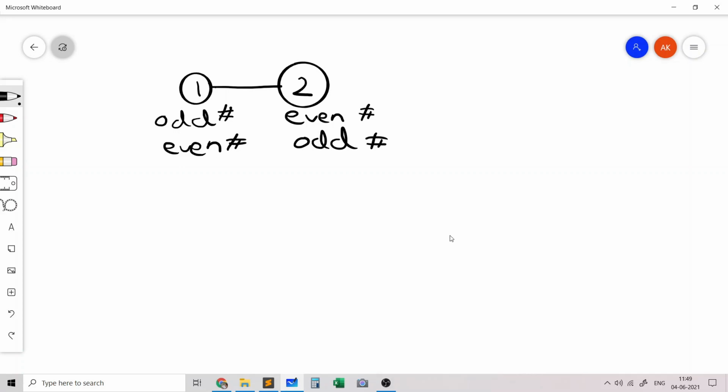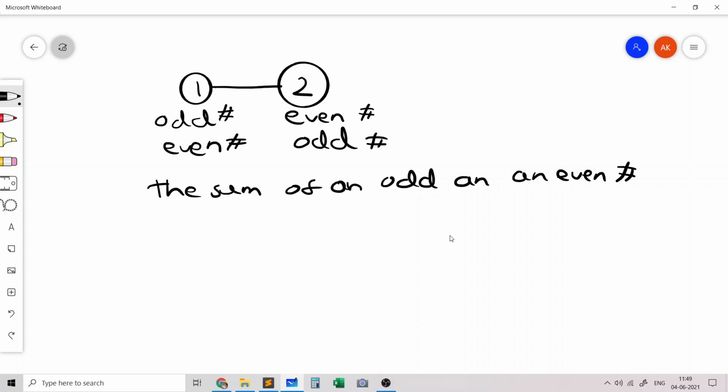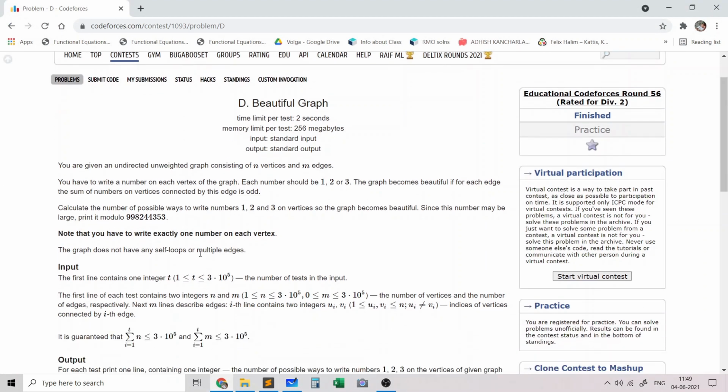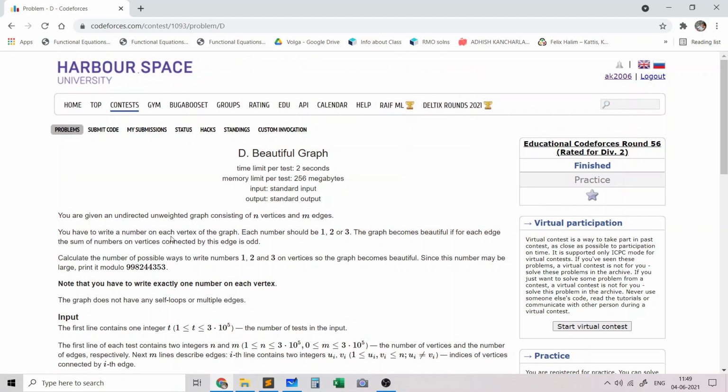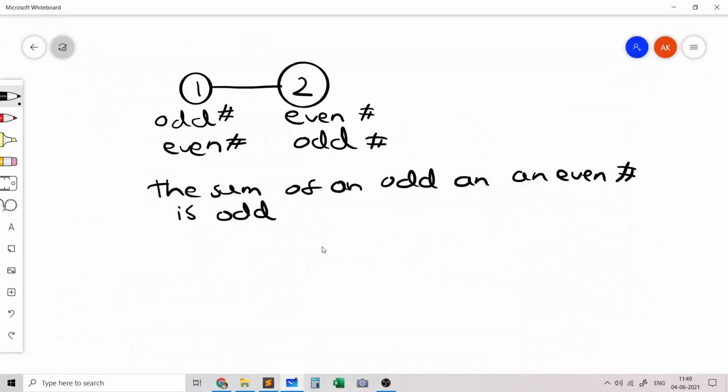And you can verify that the sum of an odd and an even number is odd, and this is the exact condition which we need. We need the sum of the numbers on the vertices connected by the edge to be odd, and the sum would only be odd when one number is even and the other is odd. So this leads us to the first observation.